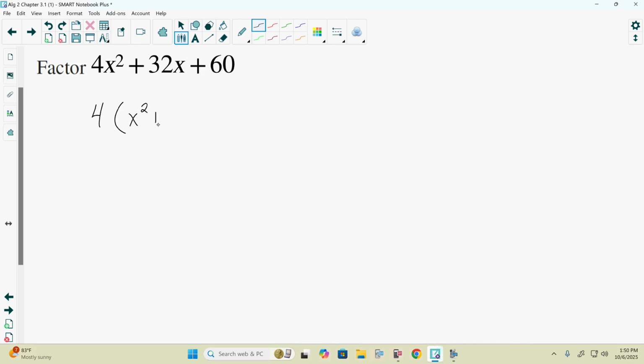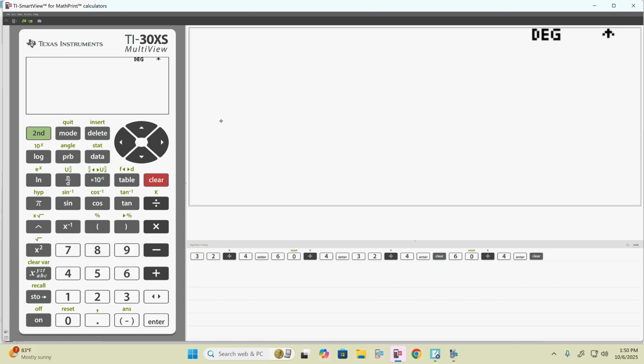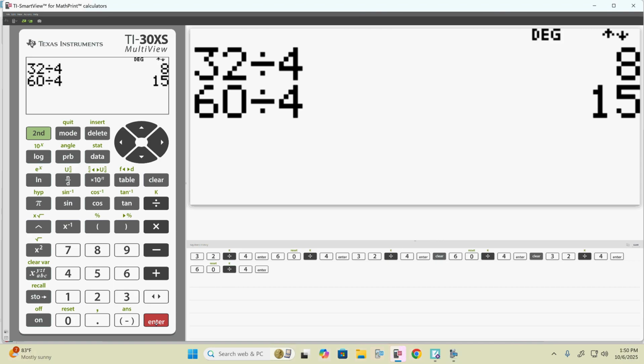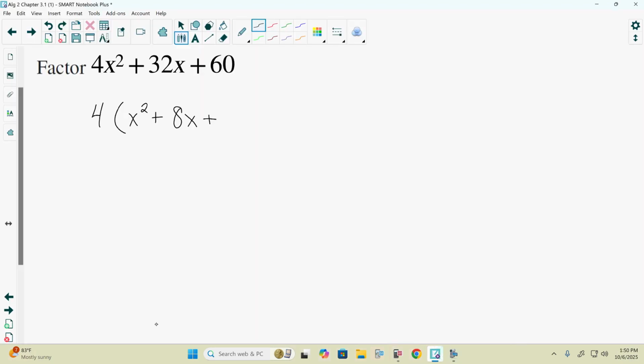4x squared divided by 4 is going to be x squared. 32x divided by 4, 32 divided by 4 is 8x. Now we can't plug 32x divided by 4 into the calculator, but I can say 32 divided by 4, and the calculator will tell us it's 8. The last one we have is 60 divided by 4. When we factor 4 out of 60, we're left with 15. So there was a greatest common factor of 4. We factored it out,